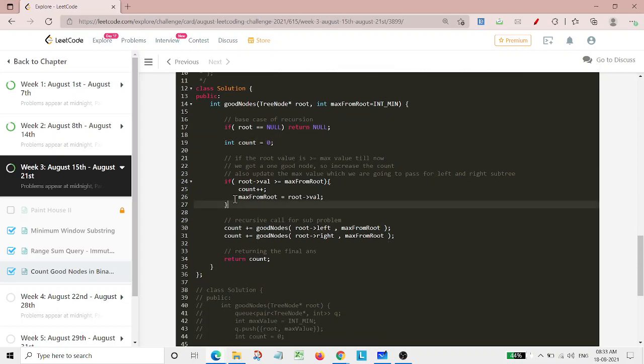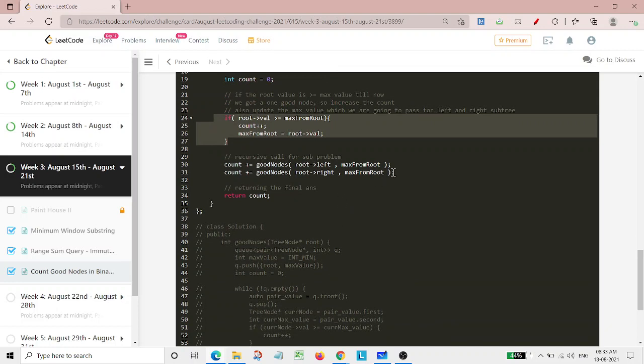Then we check whether the root's value is greater than or equal to the max so far. If so, we increment the count, and the max is updated to the present root value because it was greater. If it was not greater, we don't need to update it. That's why we could put this into the if condition also.